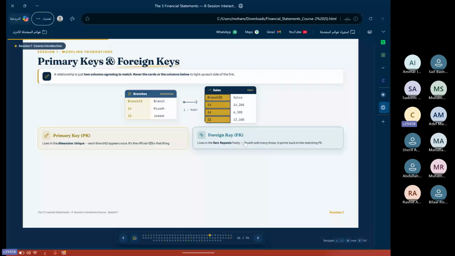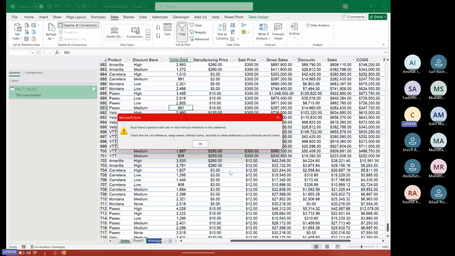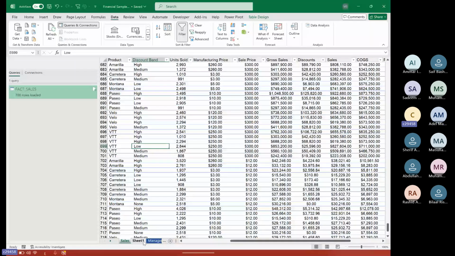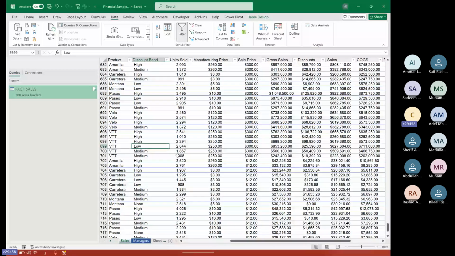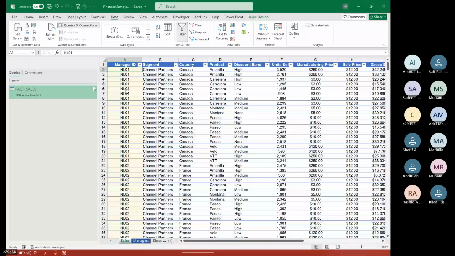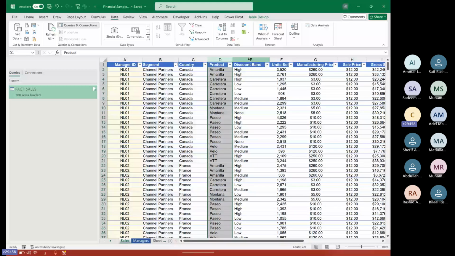So let me explain it very fast in Excel. Bismillah. Here, this is our sales table. We have our manager ID here, and as you see, it's repeated. So here it's a foreign key. Of course, this is not a foreign key. This is not a key. All of this we will transform. We will have something like an ID and all of these values. All the other data, we don't need it. We will replace it with only one value.